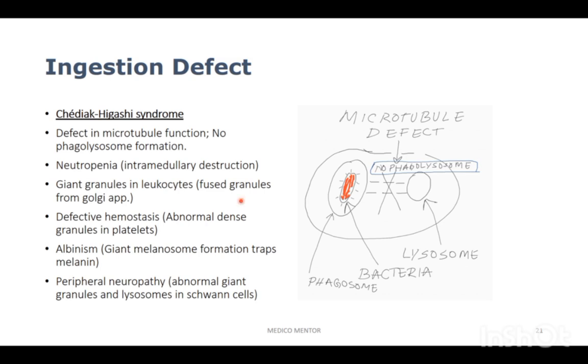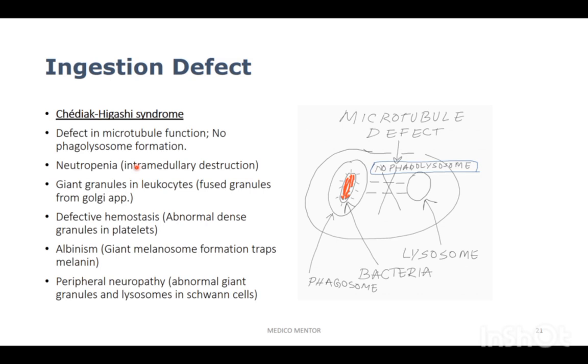Then we have another defect, which is called the ingestion defect. The ingestion defect is because there is a defect in microtubule formation. If there is defective microtubule formation, the phagolysosome, or the connection between the lysosome and the phagosome, cannot form. Now, if the phagolysosome cannot be formed, the hydrolytic enzymes of the lysosome cannot get access to the phagocytic vacuoles containing the bacteria. Chediak-Higashi syndrome, or the defect in microtubule function disorder, can also manifest with neutropenia